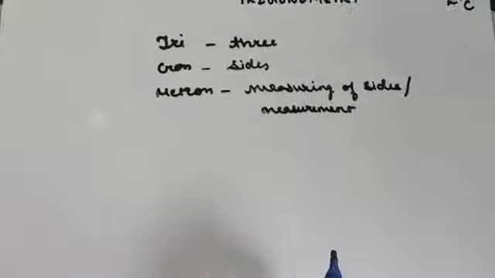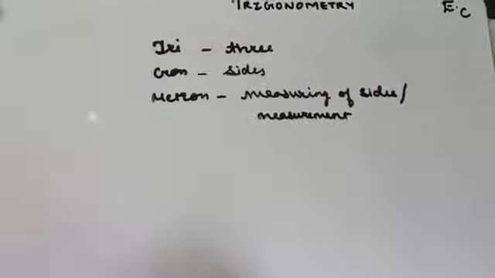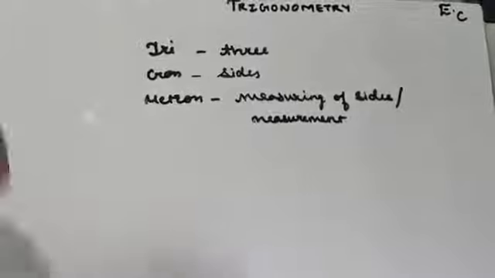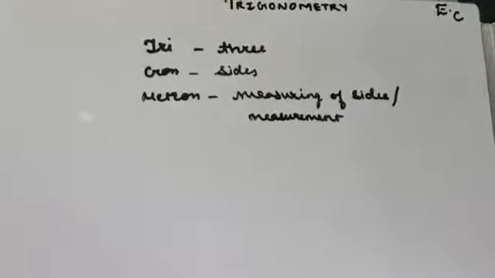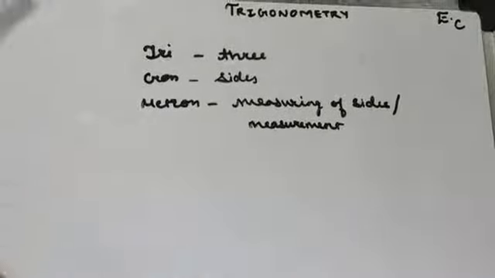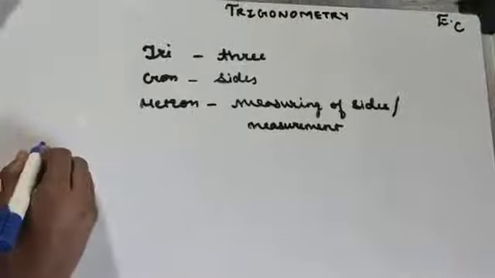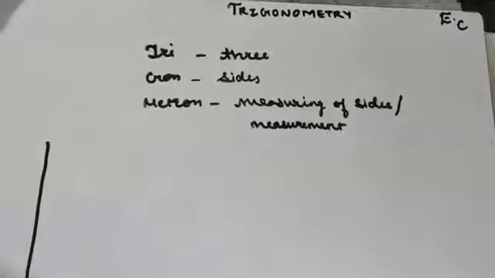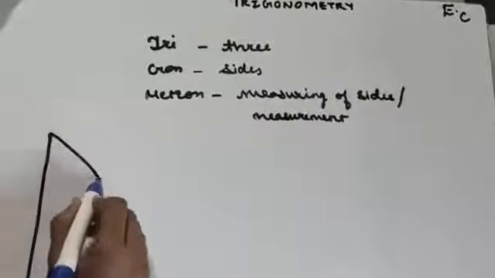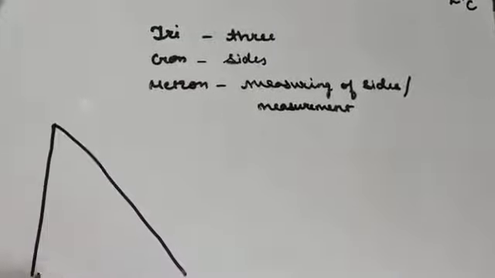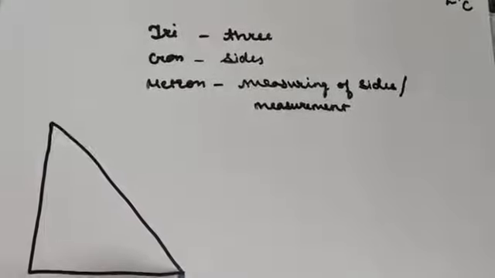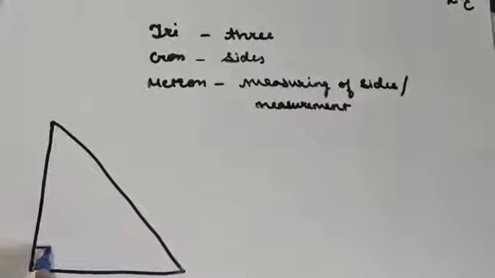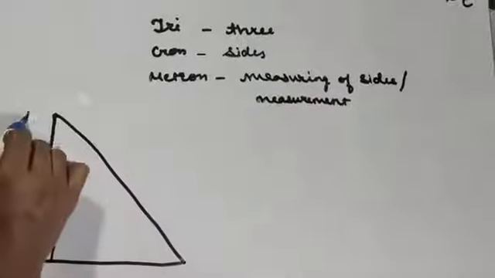Okay, so as we all know, in geometry a three-sided figure is called a triangle. So trigonometry basically compares different scenarios with a triangle. To be more specific, it is the right angle triangle. Okay,